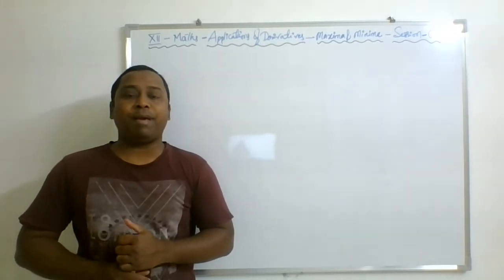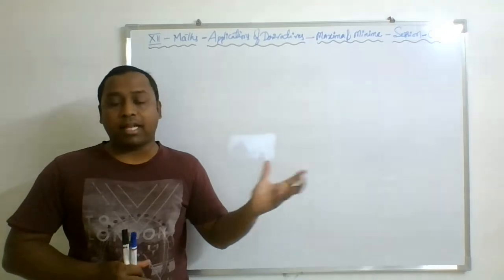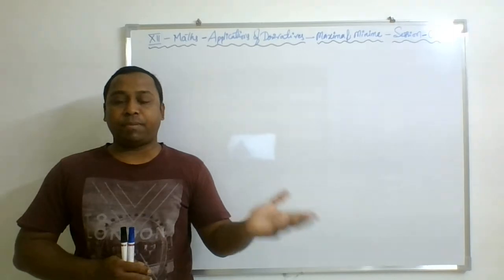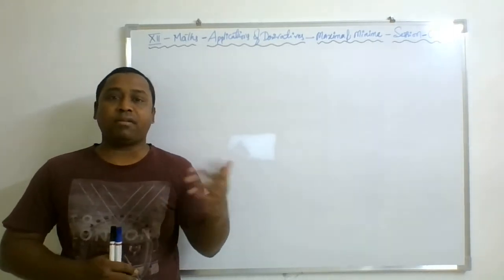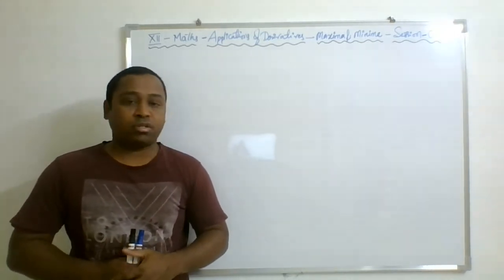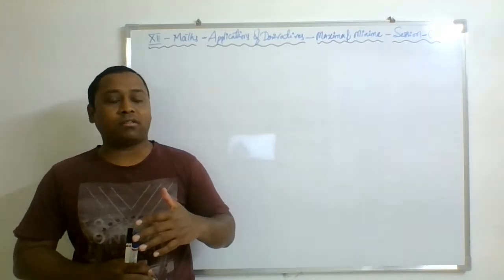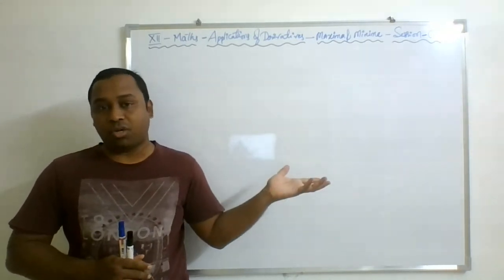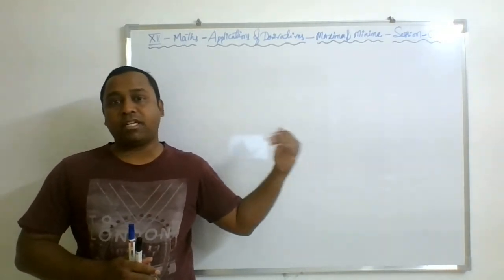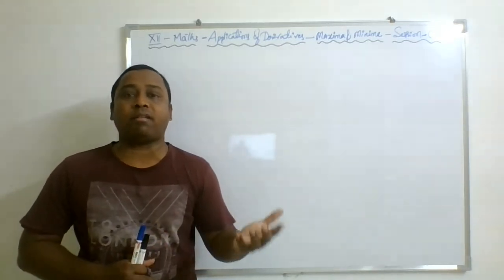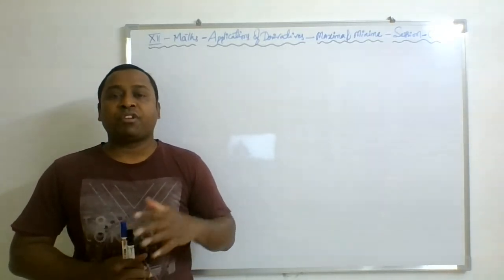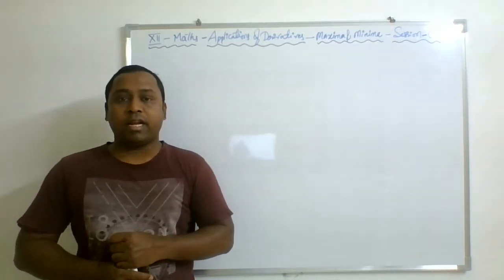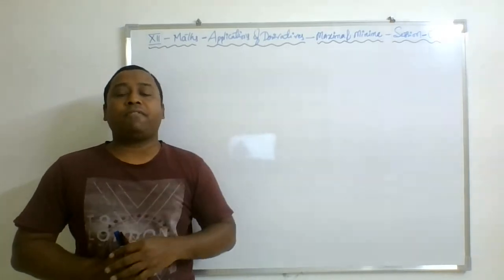The graph may represent a cost function, a profit function, or a construction. It may be anything, but it is related to some function only. Every task of life is related to some mathematical equation or function. So to find the point of maxima and the point of minima, first we'll take the help of the derivative.